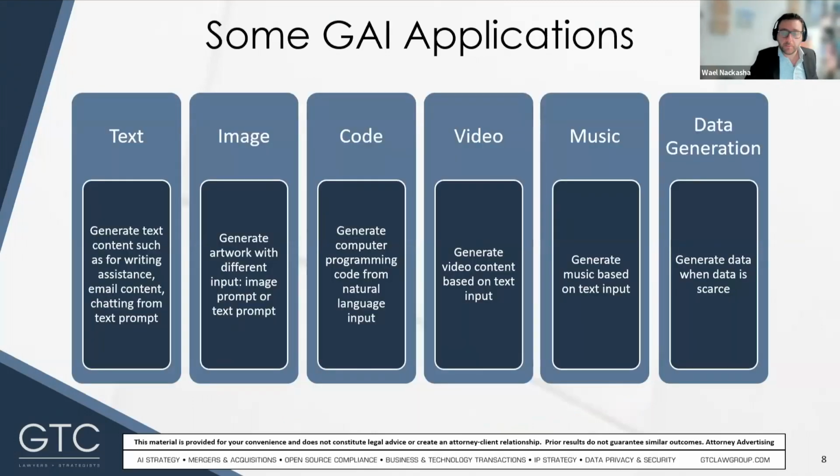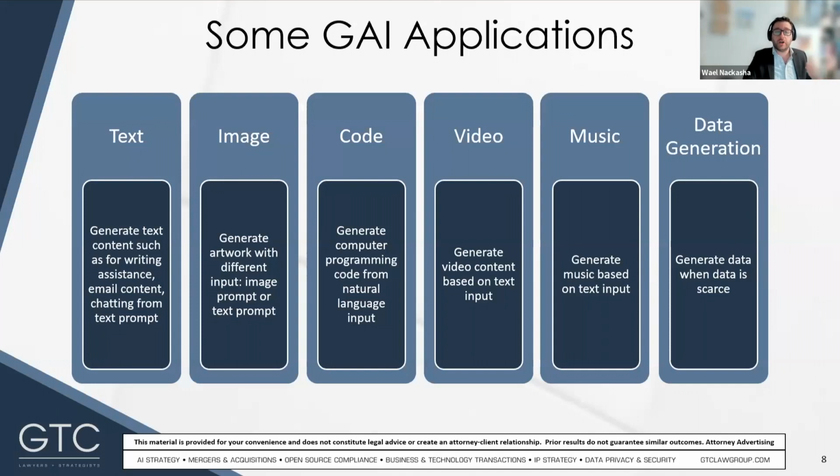Now we go to some GAI applications. We'll work through some examples now, and this is definitely not an exhaustive list, and new applications are surfacing almost every day. So some applications generate text, which generates text from text input. It could be used for generating email content or a chatbot to answer questions, writing an essay or blog, or writing content for a website. And we know an example is ChatGPT. It could generate images, which creates images typically based on input text prompts. And these images are basically photorealistic quality, and you'll see some examples as well.